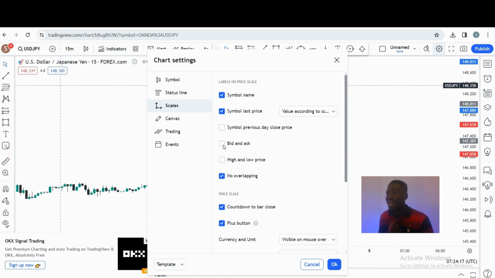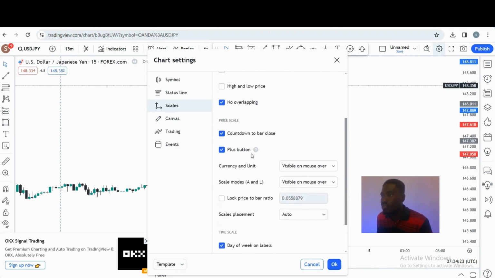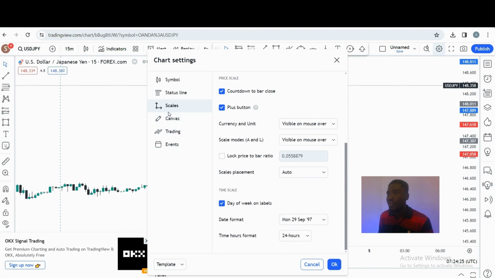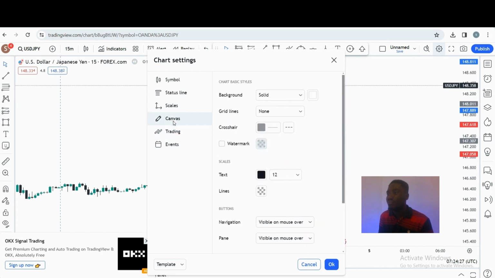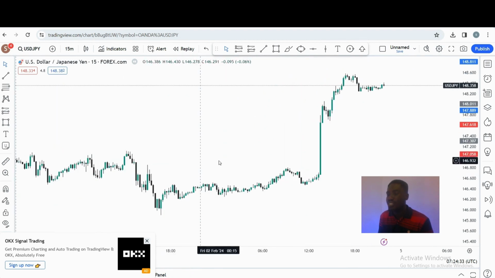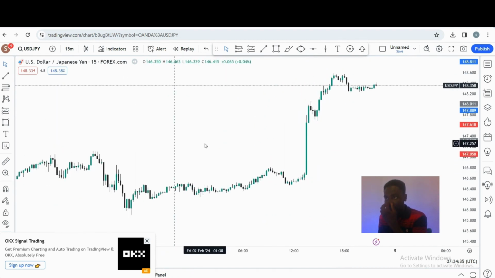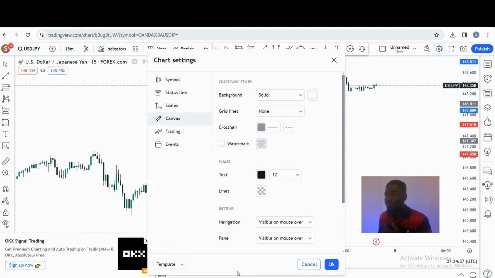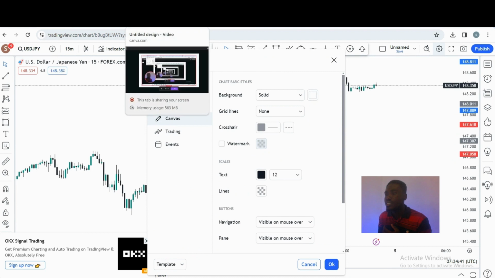You need the bid and ask on your MT4 so that you see the price point and what price is doing. So do the exact thing I have done over here. Now when you come to the canvas, the canvas means the space in which we are trading. So when you come to the canvas, what you have to do is